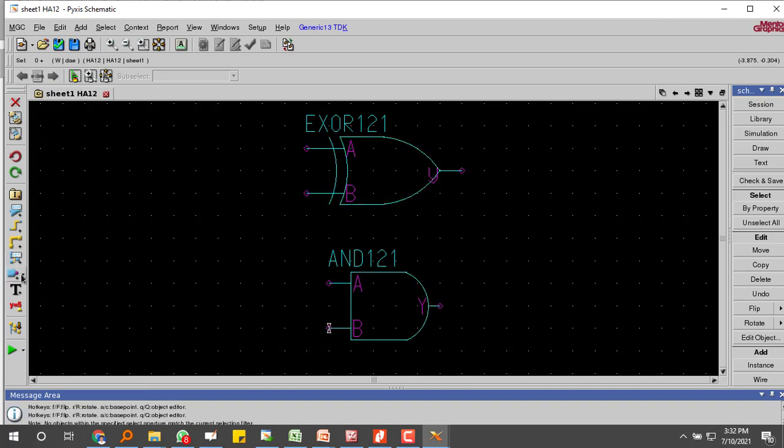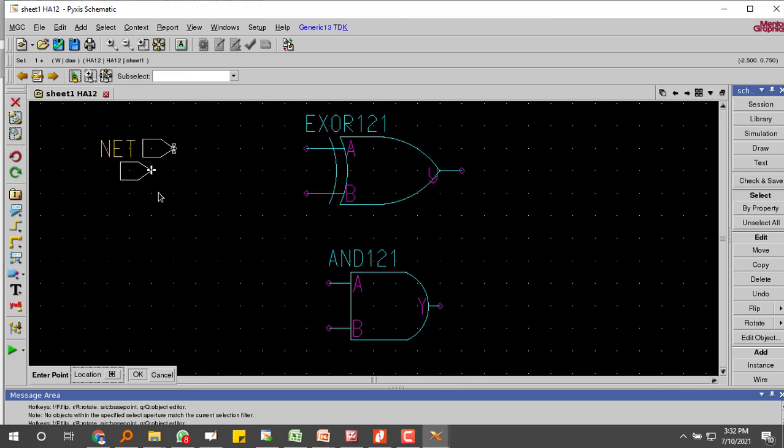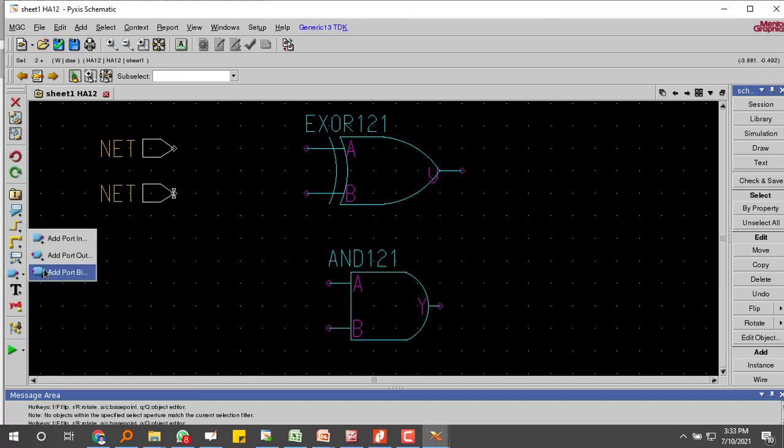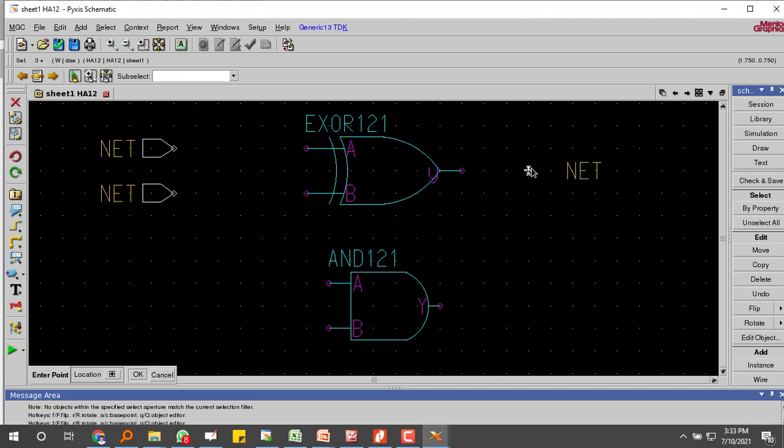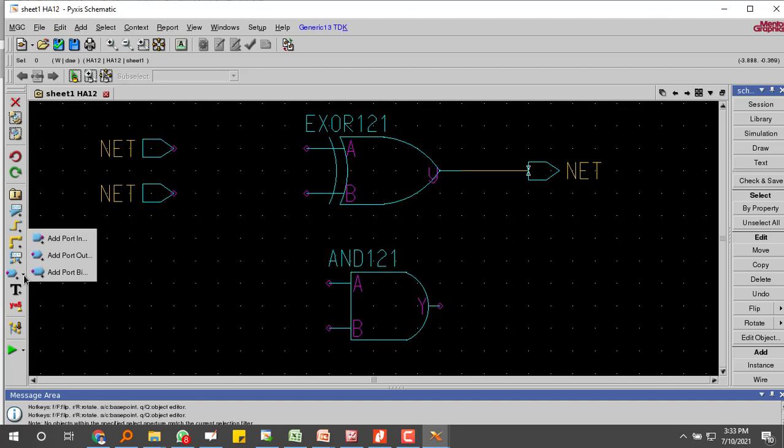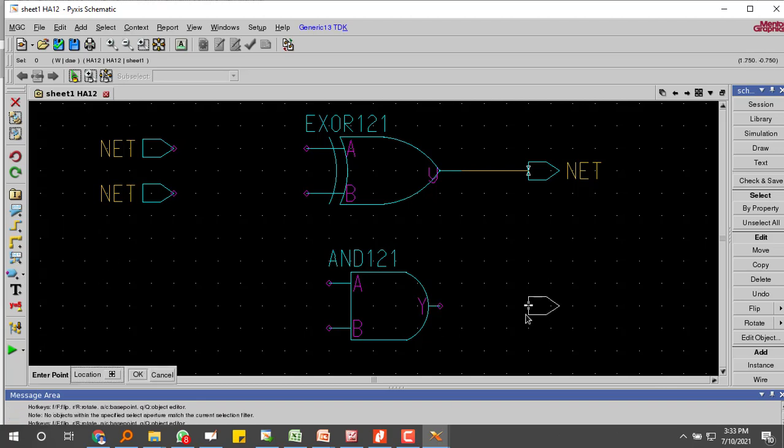Once these are completed, I have to give the inputs, and also we will be having two outputs. Remember, from the exclusive OR gate we will be getting sum, and from the NAND gate we will be getting carry. Sorry, AND gate.